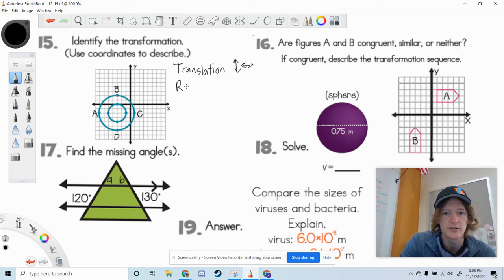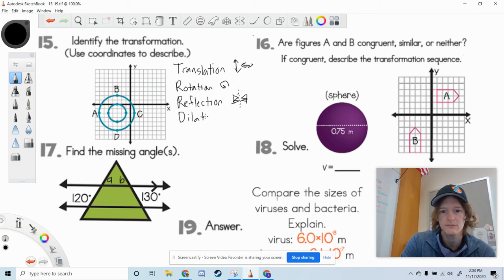We have a rotation, where a shape is rotated around. We have a reflection, where a shape might look like this, and then we'd have a mirror image of that shape, where it's reflected here. And we also have a dilation, where a shape might get smaller